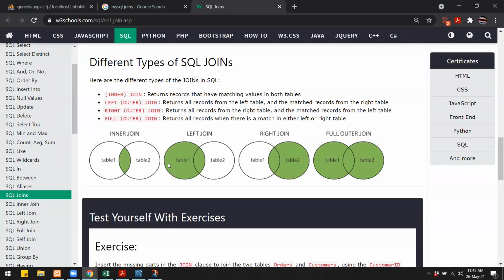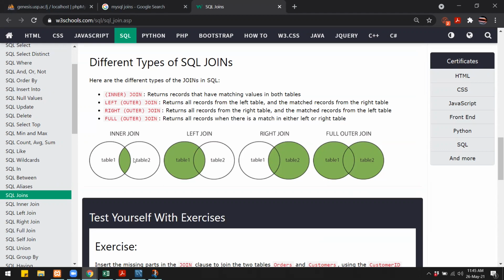For left join, we will select all the data from the left table and only the matching data in the second table. For right join, we will select all the data from table 2 and only the matching data from table 1. And for full join, we will select all the data from both the tables.